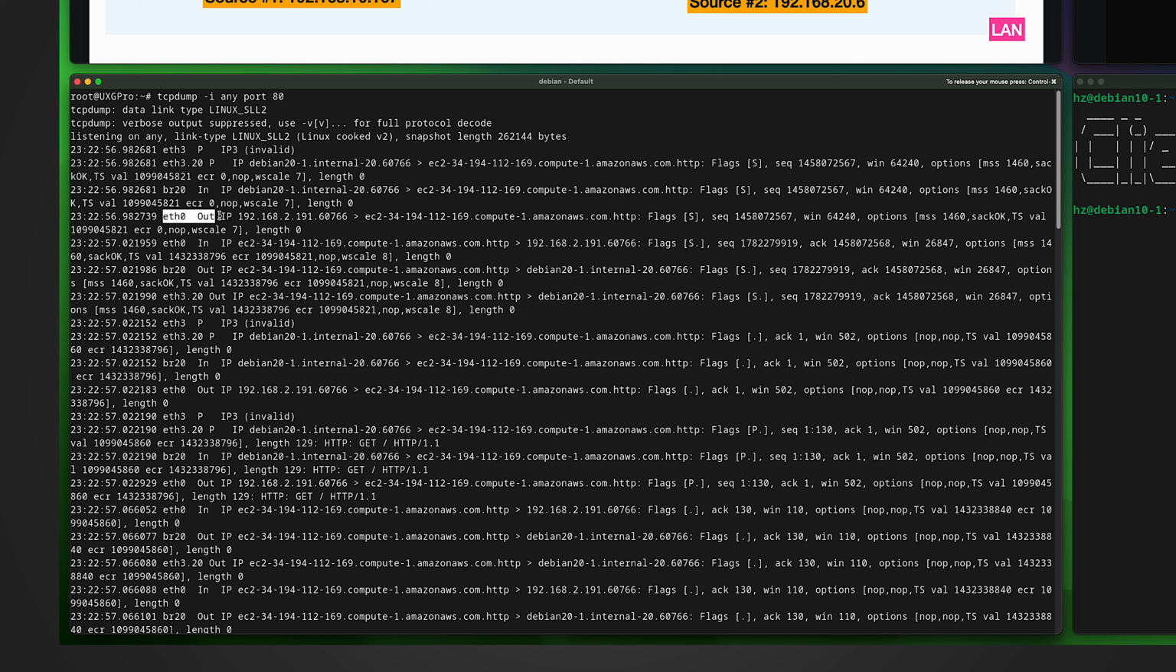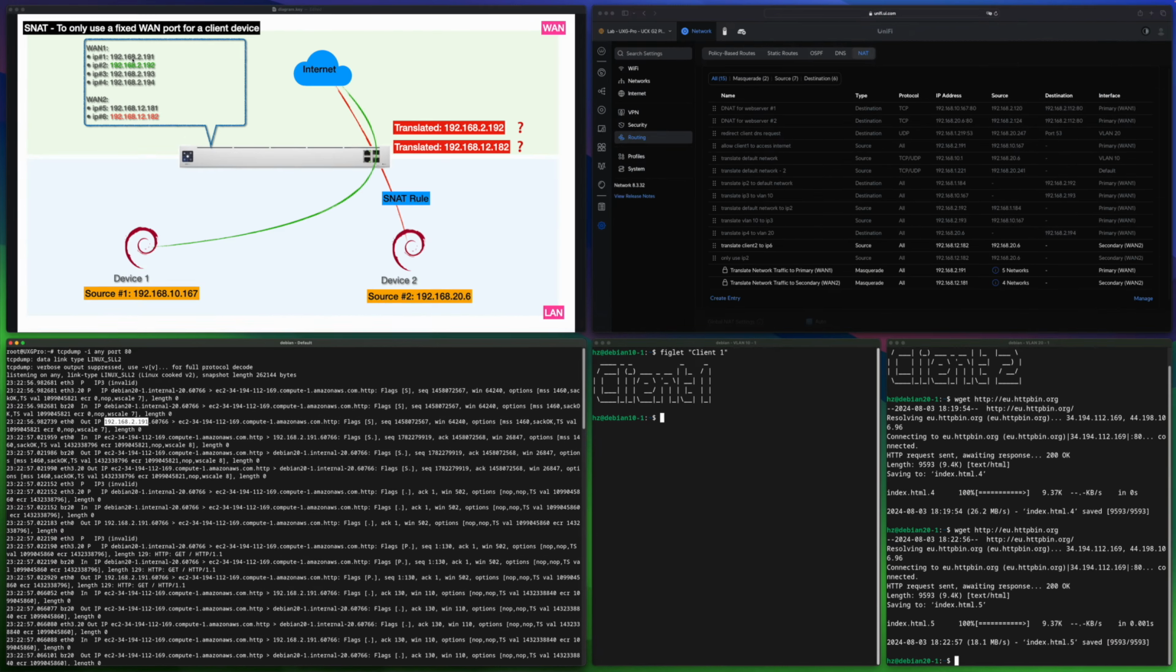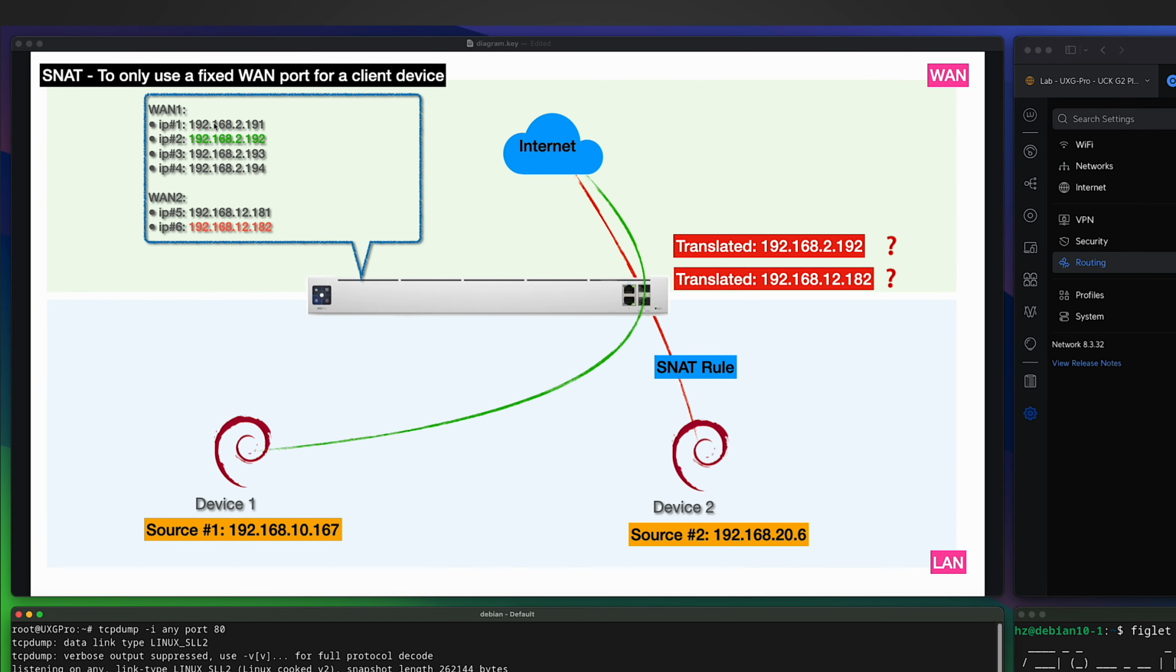And the third line, we have a problem. The third line is for the primary WAN port. It's not what we want, right? And then the IP address, see what's the IP address? It's .2.191. What's .2.191? If we check the diagram, you can see it's the main IP address of the primary